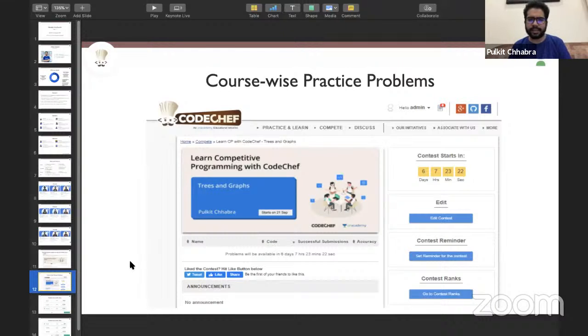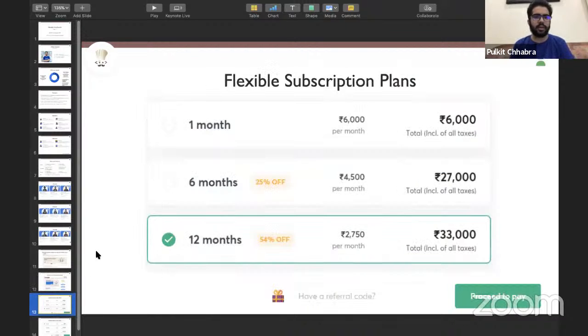So in totality, maybe 70 to 80 problems have been discussed or given for practice, just for trees and graphs alone. And this is trees and graphs one. So this trees and graphs course is basically the first counterpart of graphs. So graphs two is still going to start. I am going to take it. So you can get an idea about the depth in which a particular topic is being covered, the number of problems that are being discussed or given for practice, right? So I think that's enough to give you an idea. So this was all about the course.